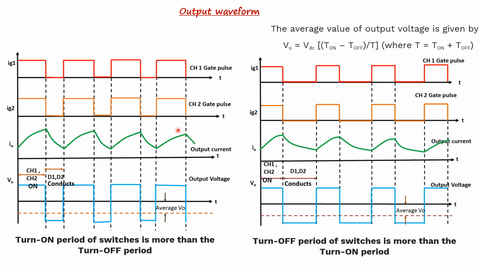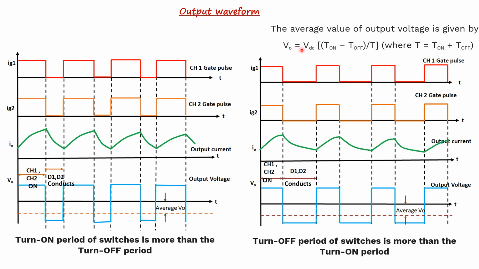Similarly, the waveform when the turn on period of switch is more than the turn off period is shown on the left side. So if you look at the average value of output voltage, this is the equation: VDC times (T on minus T off) divided by the total time period. Here we can see that the output voltage depends on the turn on and turn off period of the chopper. So when the turn off period is greater than the turn on period, that is, the duty cycle is less than 0.5,